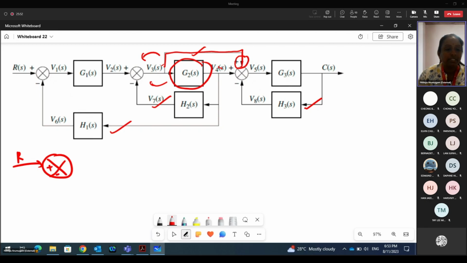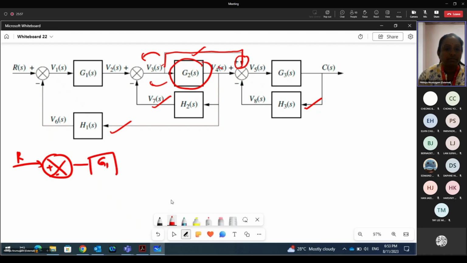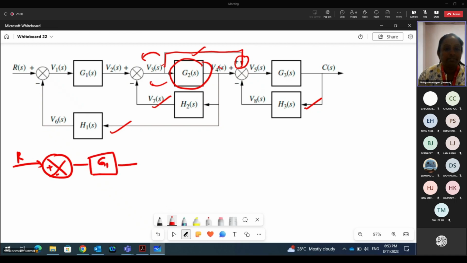plus minus, and then we have a G1 block here, and we have the summing point plus minus. All right, and then another one. Of course, you need to label all these, so make sure you label all of this in the line as you are reducing the diagram. The final diagram doesn't need it, but step by step when you're reducing, of course, you will have to label that. Now G2